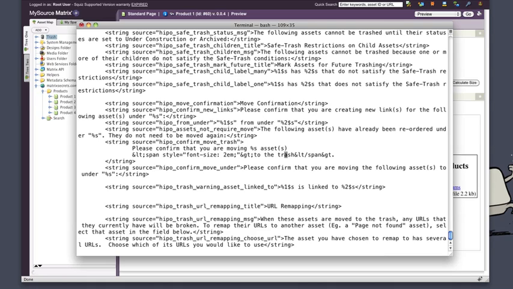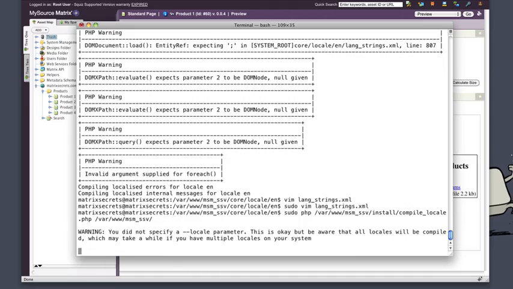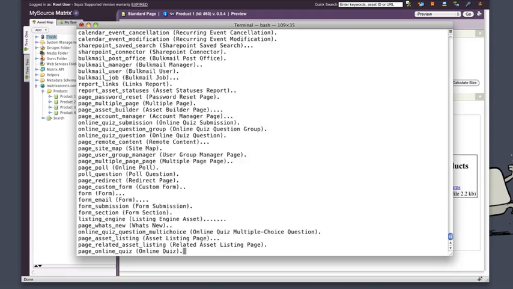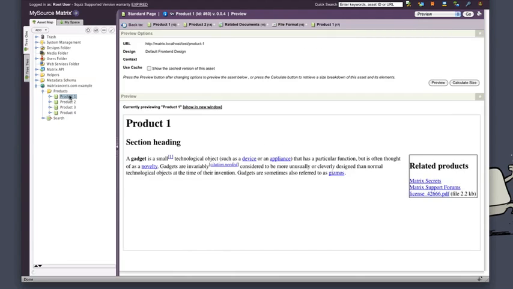So you can see, even though I kind of broke this file, because the compile locale didn't go through, we didn't actually break anything in our system anyway. So that looks better this time. Try that command again. Hopefully this time it works a bit better. Okay, good. So try that again, move it to the trash,